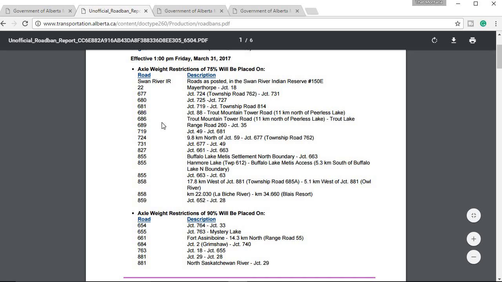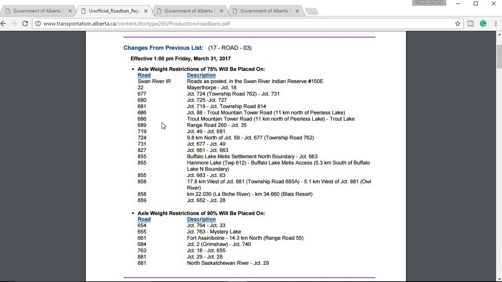So that is a very useful tool. That way, if you're going into Canada and you're having to go to a specific location, you want to take some highways instead of taking a long way around, you can find out exactly what road you can use, and also which roads have the restrictions. With that said, if you see what road you're wanting to take and you see that there's a 90% weight restriction, but you're not sure if you're legal, there's a good tool also on this website on